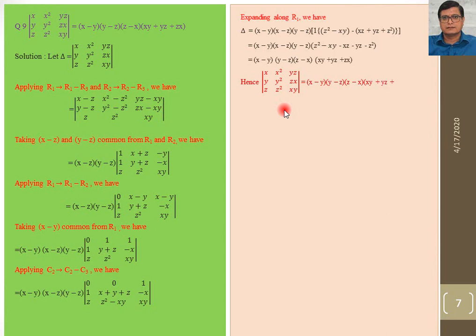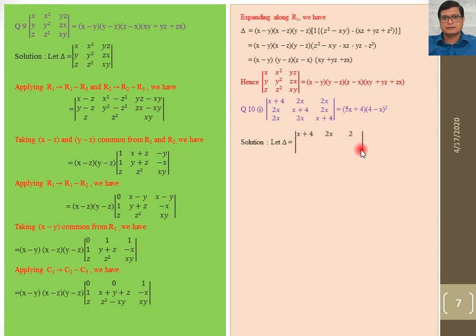So this is the solution of question number 9. Now I am taking the first part of question number 10. With the help of this first part of question number 10, you can do the remaining part of question number 10 as well as question number 11 and 12. Right? So in the first part of question number 10, the given determinant